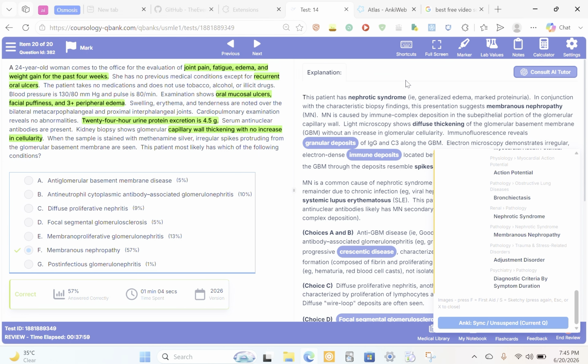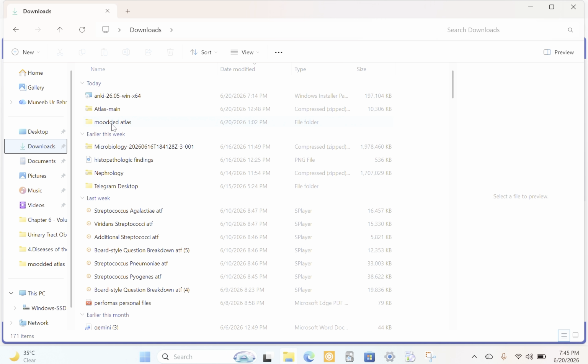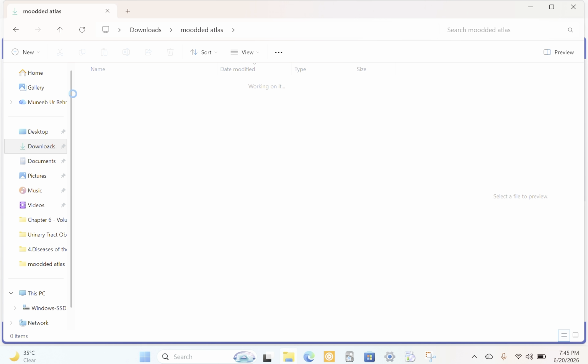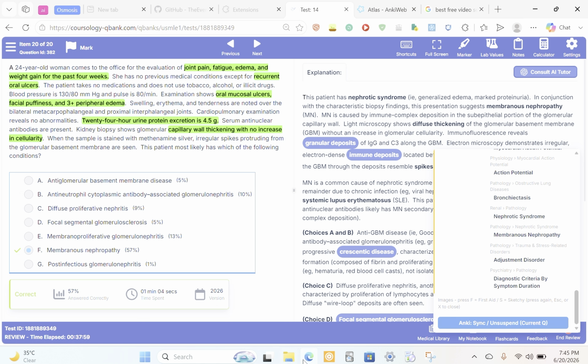So yeah, this is the extension, and I'll be sharing the file of that modified extension. So what you have to do is you'll have to click on the link, so I'll be sharing this file, and you'll have to download this file first,